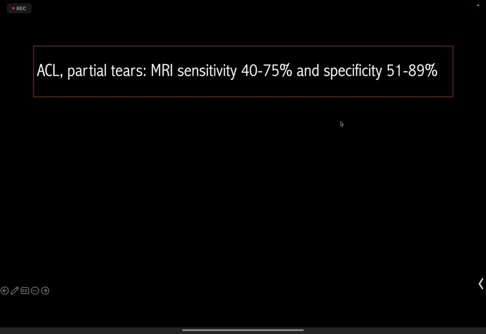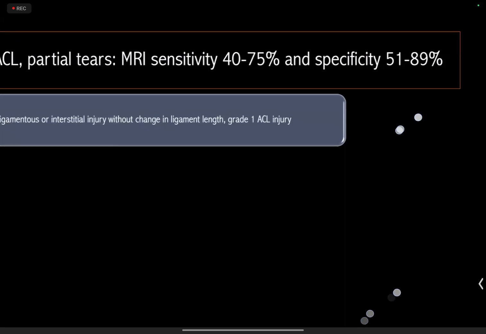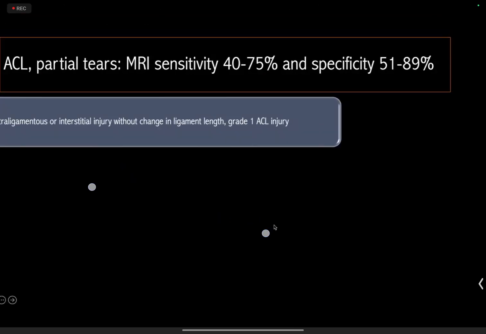As literature says, the sensitivity of the MRI for partial thickness tears and the specificity is on the lower side. So that suggests further that yes, they would be throwing a lot of challenges to us when we are reporting. The presence of a signal within a ligament is termed as interstitial injury or a grade 1 injury according to the classifications. But as we know that there is some sort of intrinsic signal within the ligament, so if there is no active